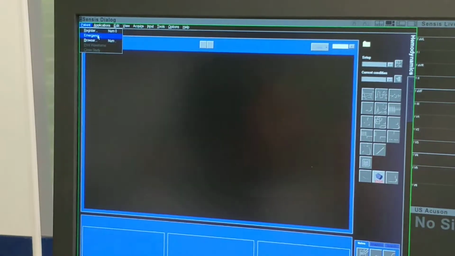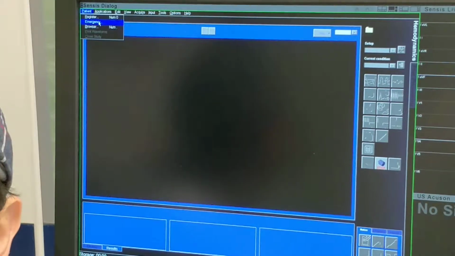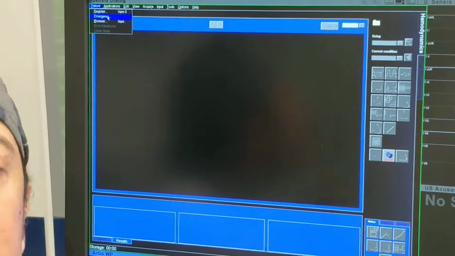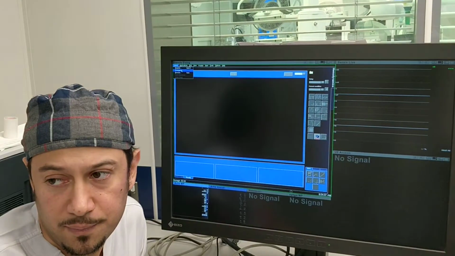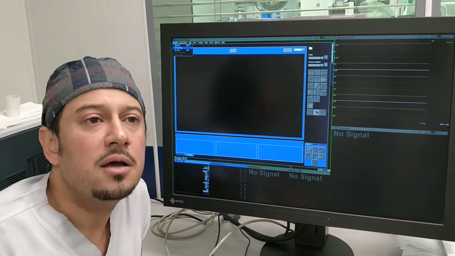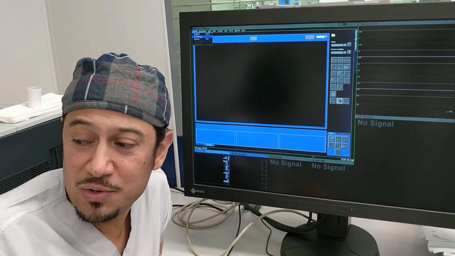Emergency. Let's say you have an emergency patient, and you press on emergency, the machine automatically gives it an emergency number, a very unique emergency number that you can edit later. But my advice is to try to edit, because if you send the information to the PACS using the emergency,